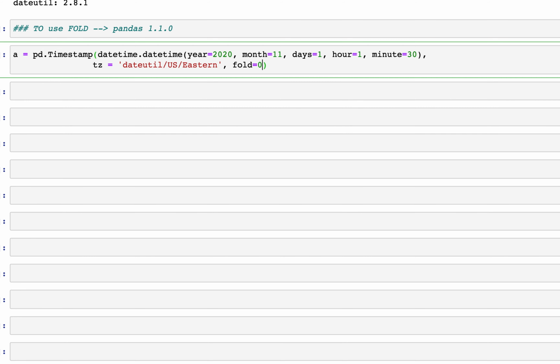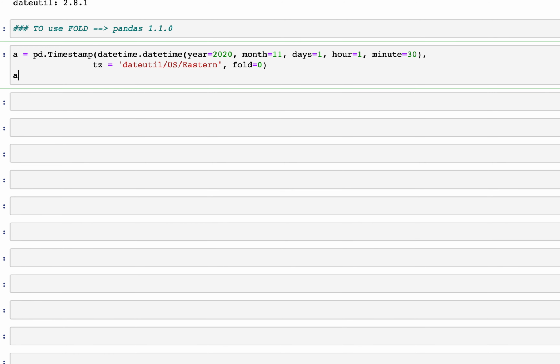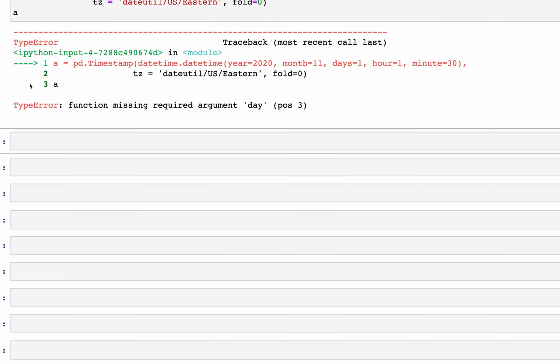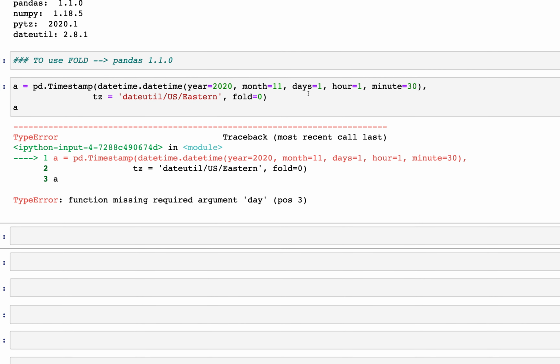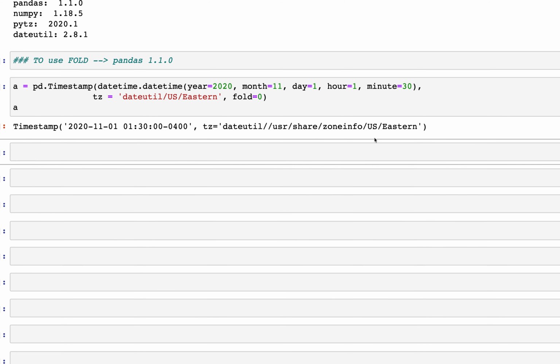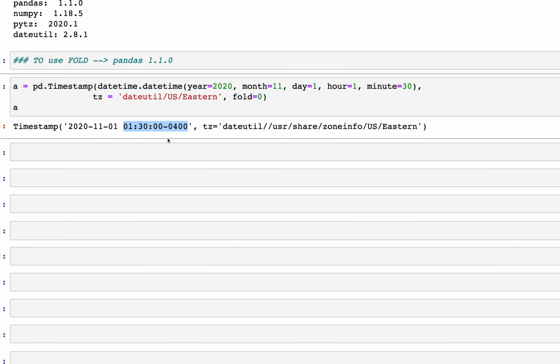Fold is equal to 0, and what fold equal to 0 does is it's going to refer to the time before the clock is turned back 1 hour at 2 a.m. And when we now go ahead and look at a, the function is missing a required argument, day, position 3, so this should be day. Now as you can see, this is the timestamp we have, and if you notice this